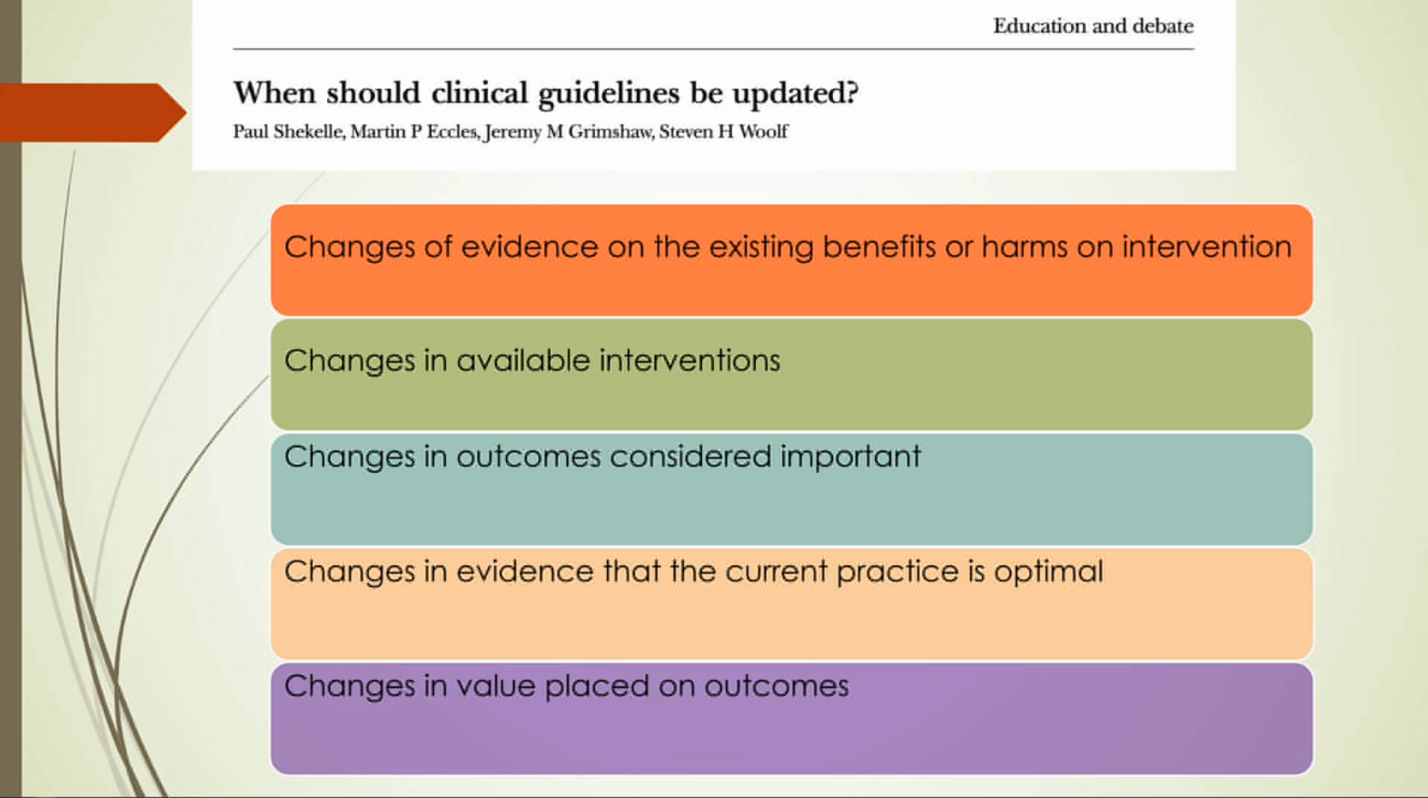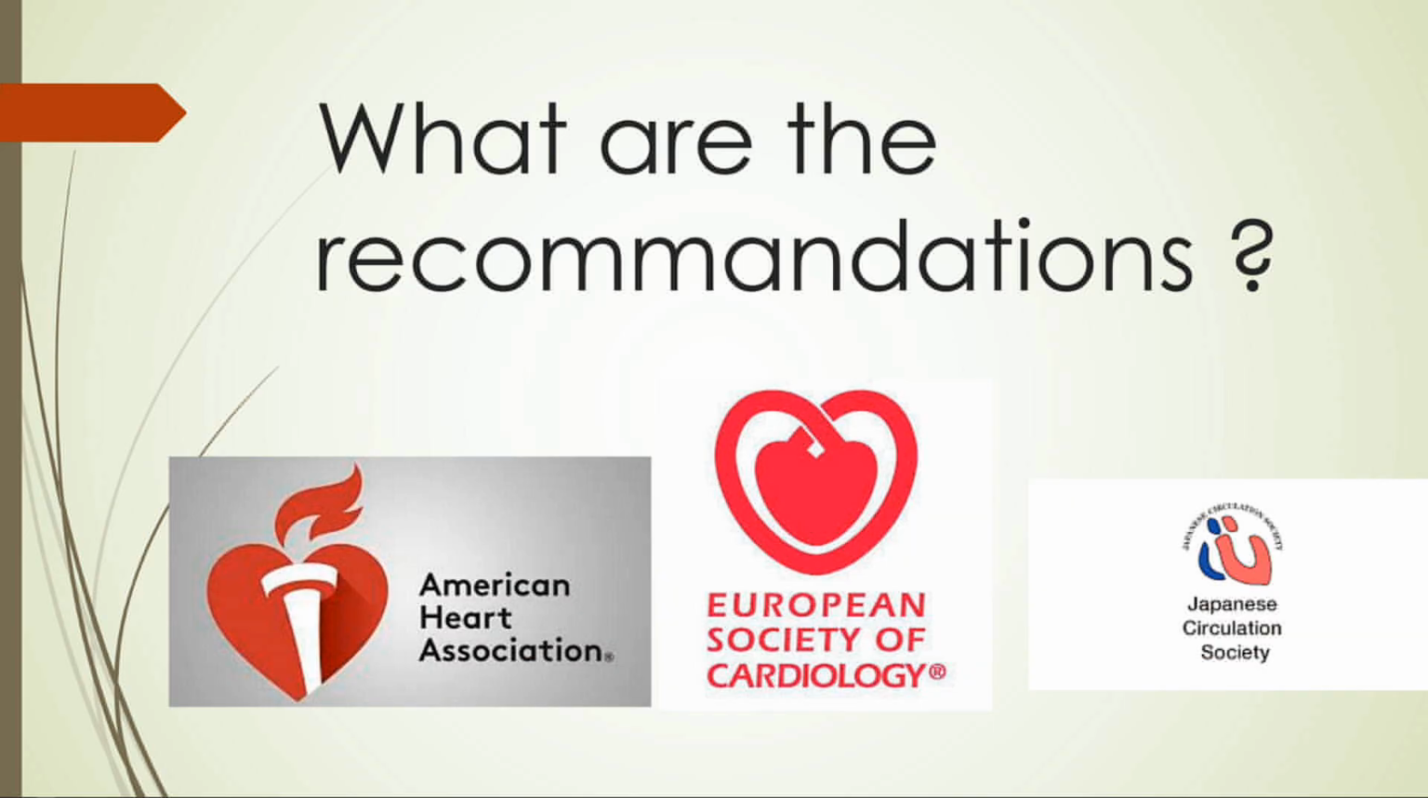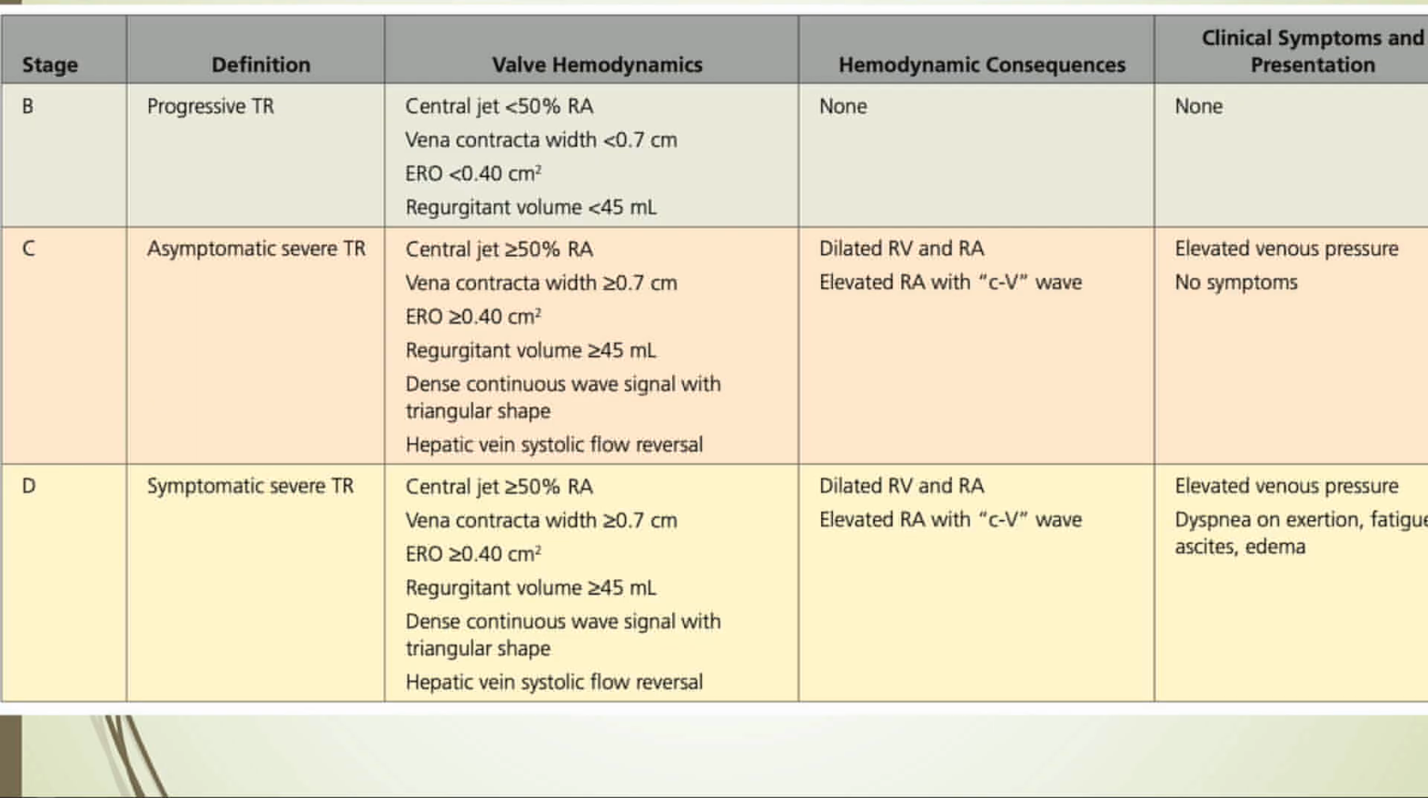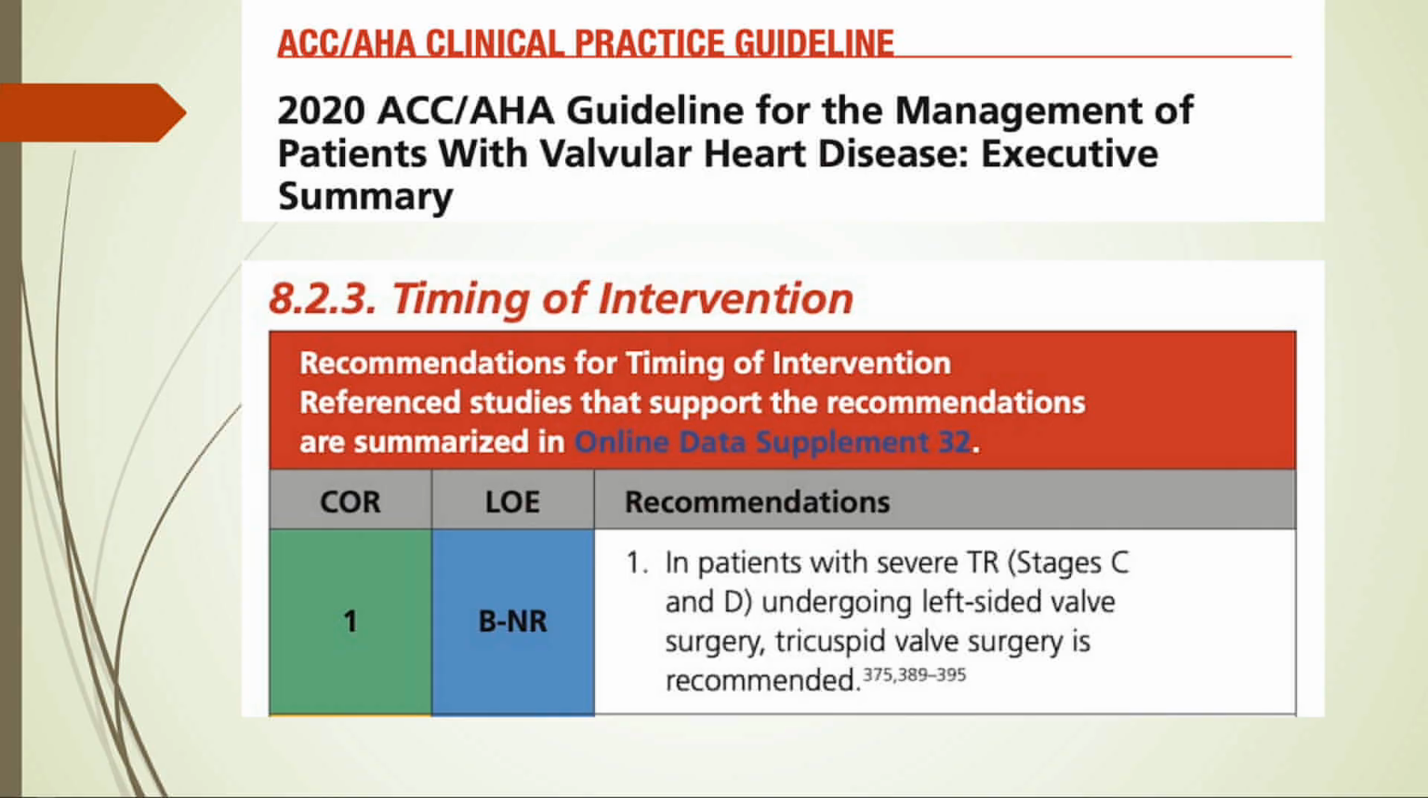So let's start with what the recommendations are. Just to put you in the swing of things, what we designate as stage C and D would be severe TR, either asymptomatic or symptomatic, but these are all patients with EROs above 0.40 centimeter. So the AHA recommendations of 2020 say, obviously, severe TR, stage C and D,